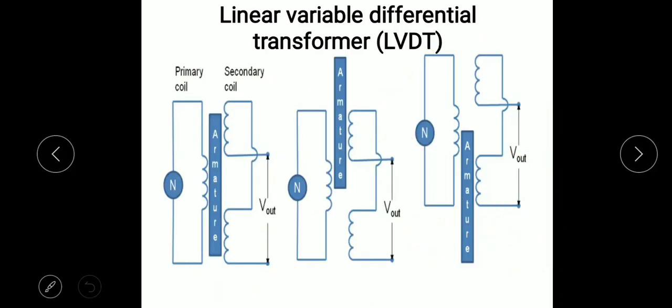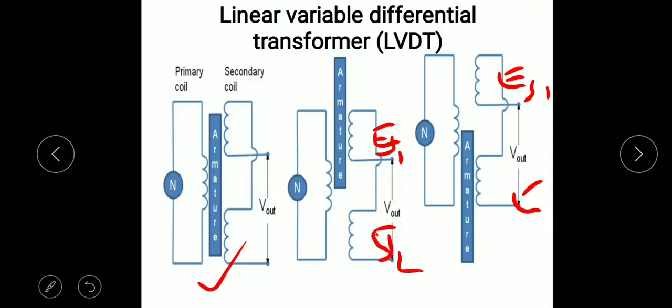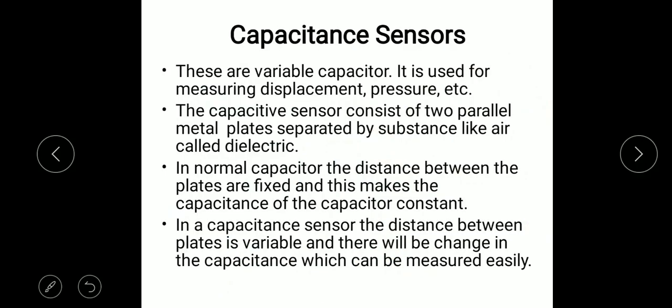For easy understanding, we can see a figure of the linear variable differential transformer. The armature at the middle is the neutral position. When the armature moves upward, if this is ES1 and this is ES2, then the motion will be positive because ES1 will be higher than ES2, and in our other case ES1 will be less than ES2. This is the second case where the armature will be at the bottom side. Neutral case, positive case and negative case are shown in the figure.